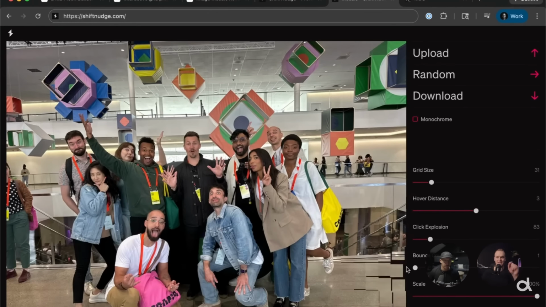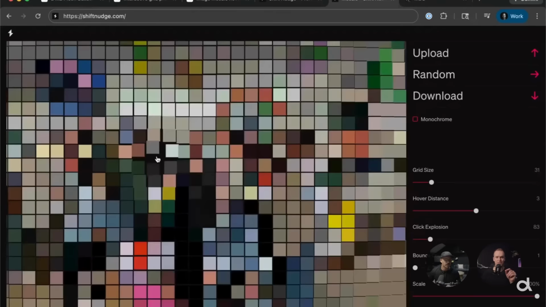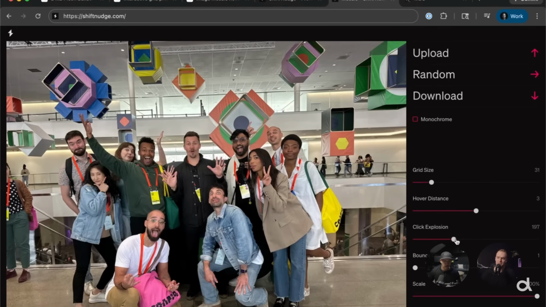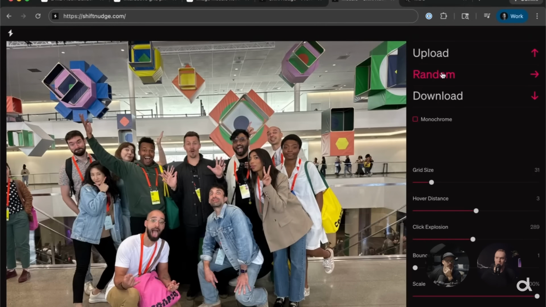So I can change... is that on click? It switches between the image? Yeah, it switches on click now. Dude, that's freaking genius. And so I can go click, explosion is a little bit higher. Oh, that's great. You know, with Cursor, I can code HTML and CSS and a tiny bit of JavaScript